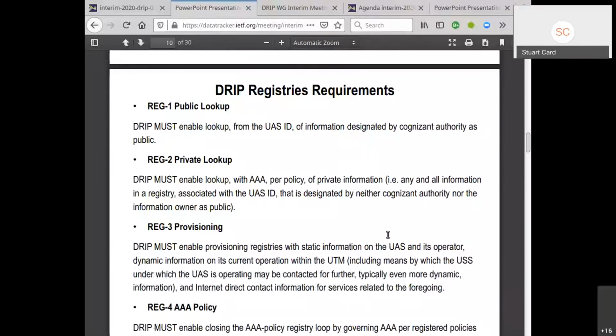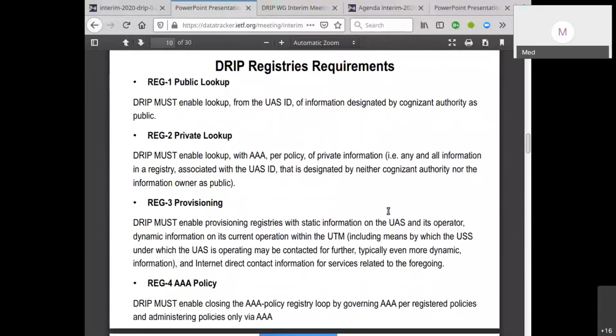Just a comment about this one, Stuart. In the review I have sent to you, there are some mentions of the individual drafting requirements. So I don't know if you have cleaned up that part, so that we can focus only on the requirement itself rather than going into specific solution documents.